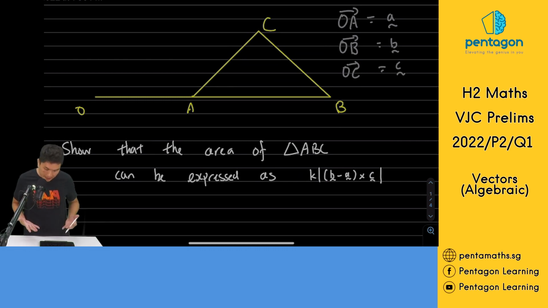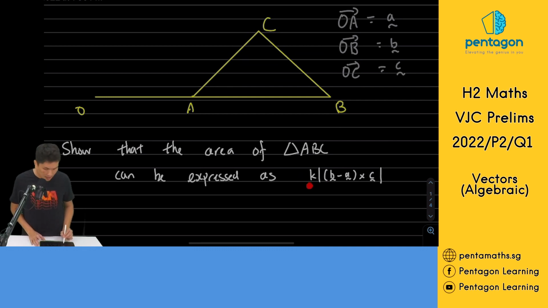We have a relatively simple, straightforward setup where you have points O, A, B on a straight line and a point C such that ABC is a triangle. Like we alluded to earlier on, vector a is OA, vector b is OB, vector c is OC. No numbers here. So part 1 says, can you show the area of triangle ABC can be expressed as k,